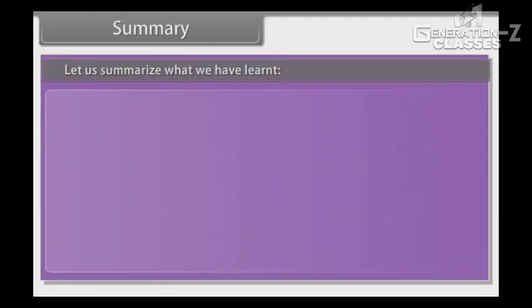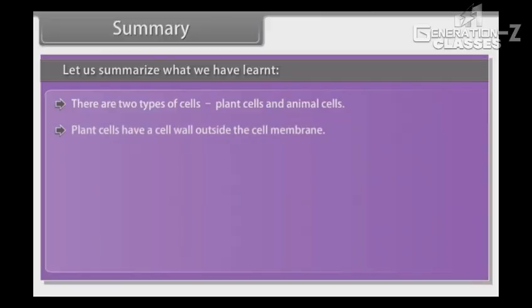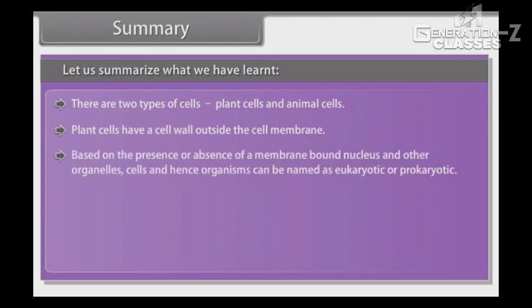Summary. Let us summarize what we have learned. There are two types of cells, plant cells and animal cells. Plant cells have a cell wall outside the cell membrane. Based on the presence or absence of a membrane-bound nucleus and other organelles, cells and hence organisms can be named